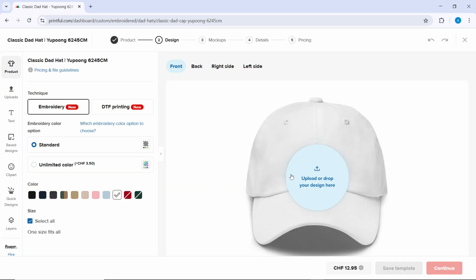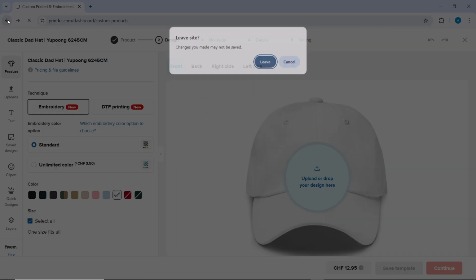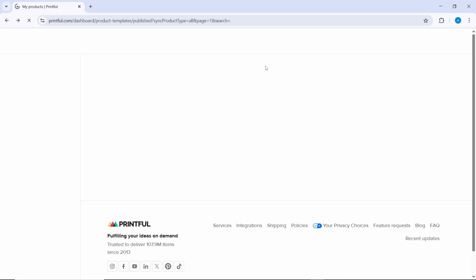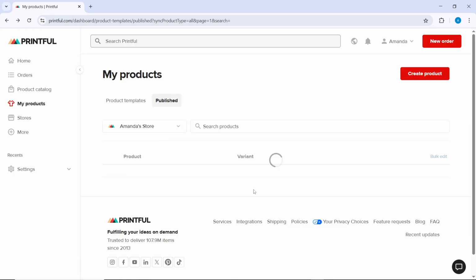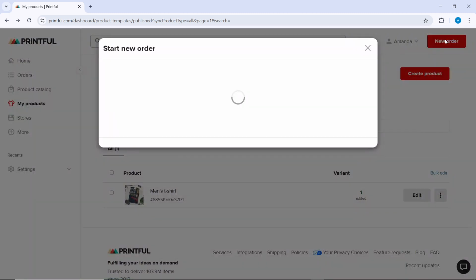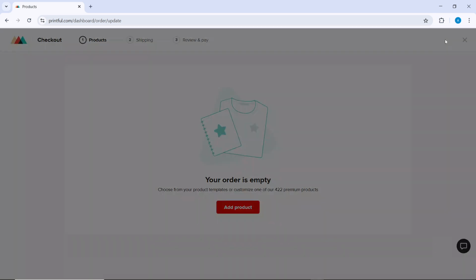So go ahead and design and go through the prompt, add your mockups, add the details, add the pricing, and wait for your product to be created, because you cannot order a blank product. I want to leave this because I have already created a product, which is here. So once you've created your product, go ahead and click on new order at the top right corner of your dashboard or in templates. So once you click that new order,